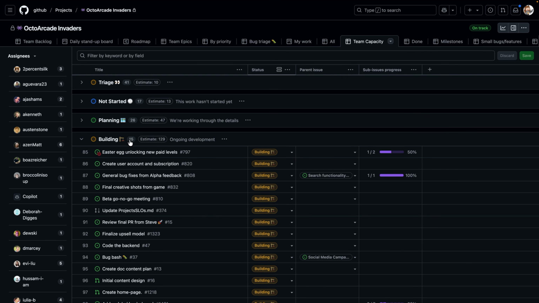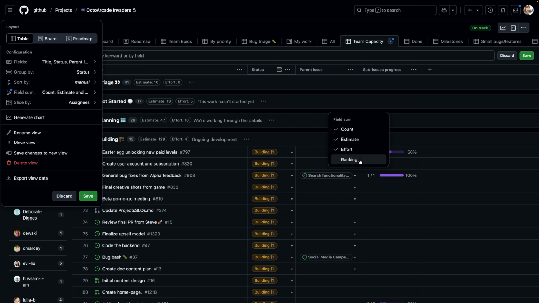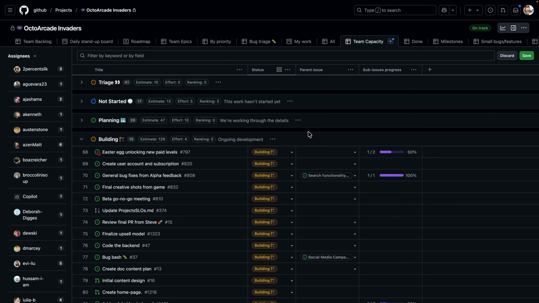I can see my count of items up there, but what about this estimate here? And we can see that there's this field sum option inside my view. How does that work? Well, I can sum up the raw count, simply the number of issues in there. But if there are other numeric fields in here, estimate, effort, ranking, those are all numeric, I can add those as field sums to look at. This is really, really helpful when I'm looking at this kind of view and I want to say, hey, is